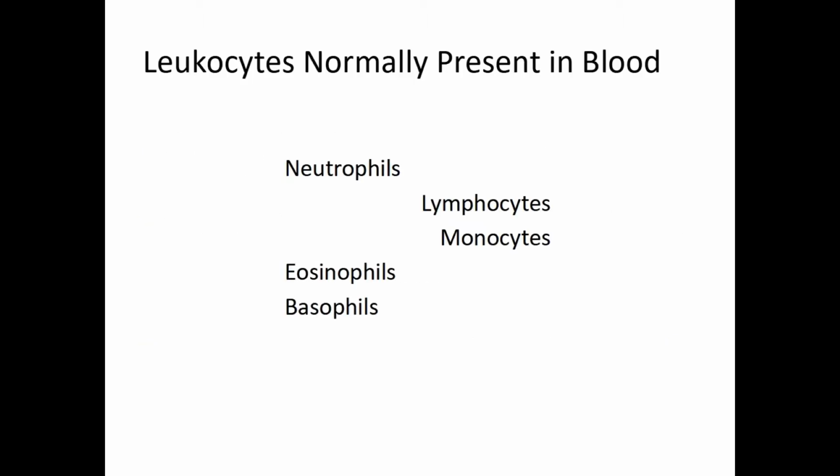Before we jump into the topic, let us have a look at the various WBCs that are present in the blood. Starting with the most abundant type of WBC in the blood, which is neutrophil. The second most abundant is lymphocyte. The third most abundant one is monocyte. Then there is eosinophil, and finally the least abundant one is basophil. Among these, neutrophils, eosinophils and basophils can be commonly referred to as granulocytes.